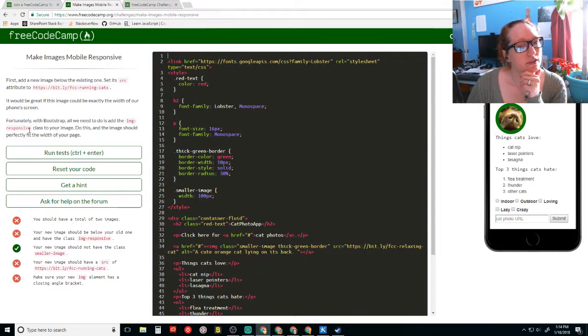Image responsive. Okay. So I want to add a new one. Do another.